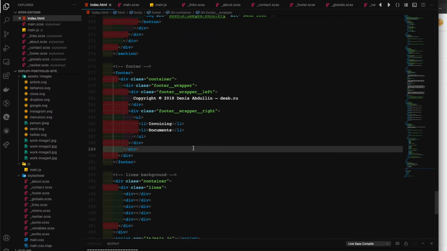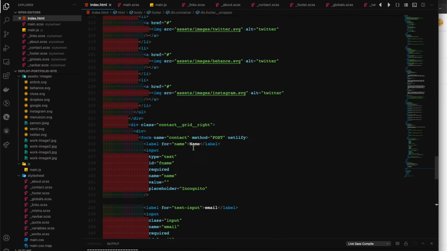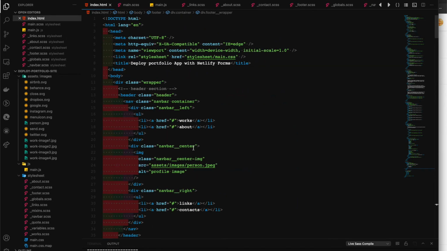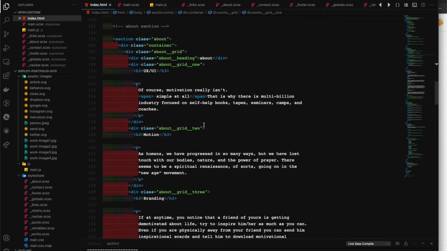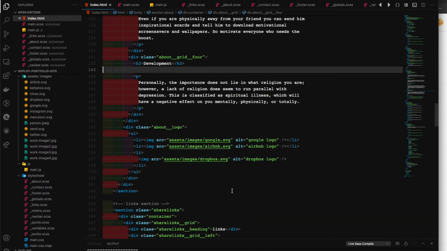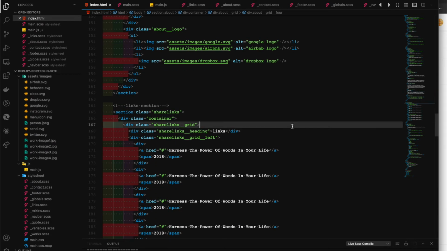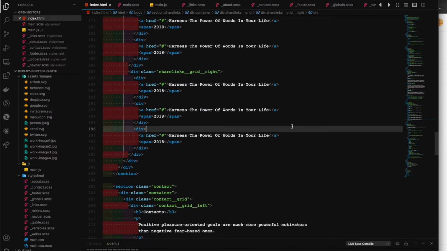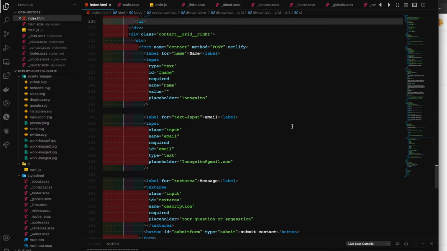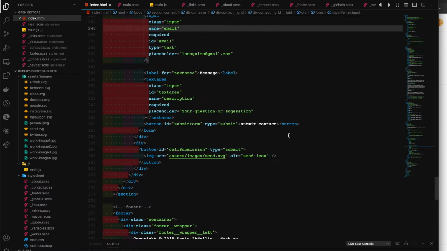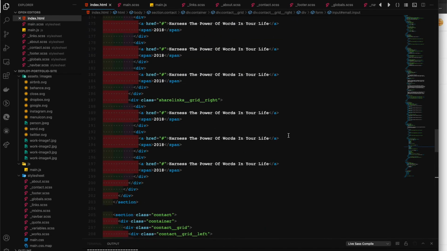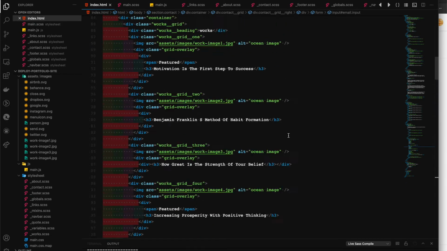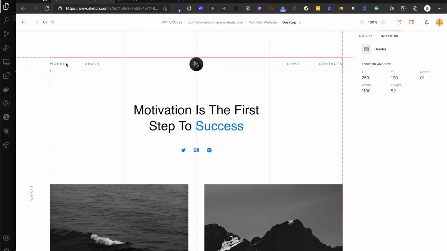Which is our footer. So yeah, I think we are pretty much done with our markup. The way we have organized is we try to use BEM, block, element, and modifier, but we pretty much haven't used much of modifier yet. It would be really handy where you need to modify the existing element. So I think we are pretty much done with our markup. Let's move ahead and start our stuff with this